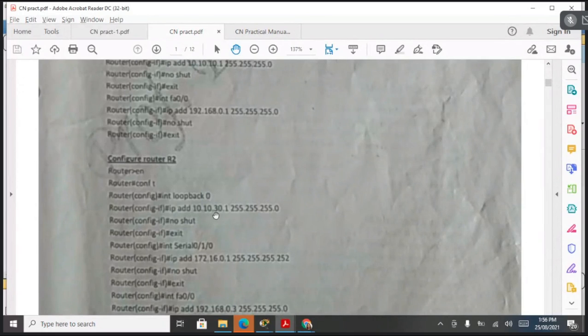फर्स्ट लूपबैक का मैंने 10.10.30.1 लिखा है, राइट? देन सीरियल वाला है इंटरफेस 0/1/0. सो वहां पे कनेक्शन एड्रेस ऑलरेडी दिया है, दैट इज 172.16.0.1, राइट? and 255.255.255.252 is the subnet mask. Then this is the third one, that is our fast ethernet 0/0 जो switch के साथ है, 192.168.0. यहाँ पे 3 लेना है because previously 2 and 1 हम लोग ने यूज किया है. ओके